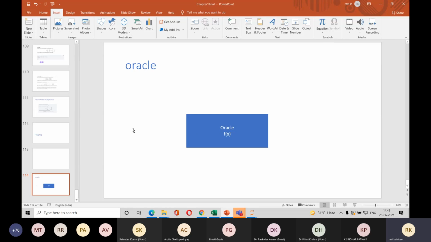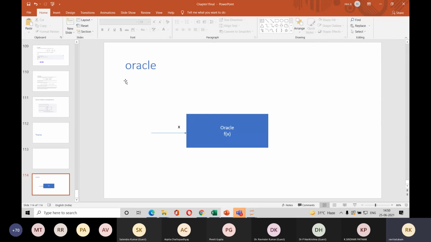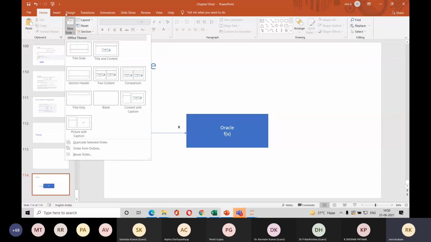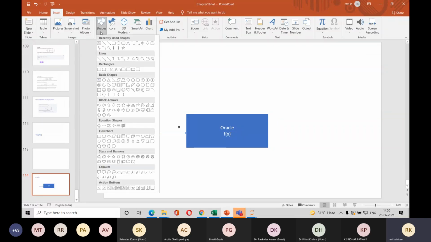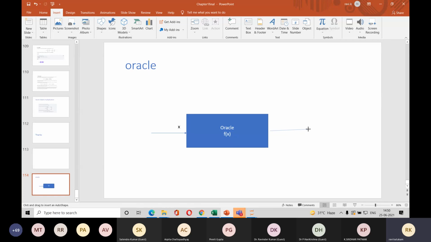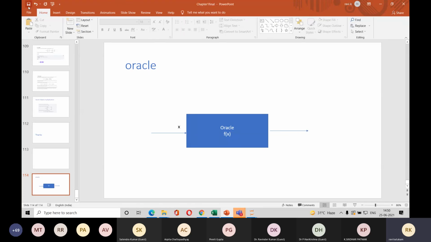Okay, it will take some input, let us say x, or it can take two inputs. It can take x, y as an input, or it can take x1 and x2 as input, and it will give some kind of output, right? So this is what we have as output. So this f of x, let me explain it further, because in algorithms like the Deutsch-Jozsa algorithm, there this f of x function and oracle comes into picture.